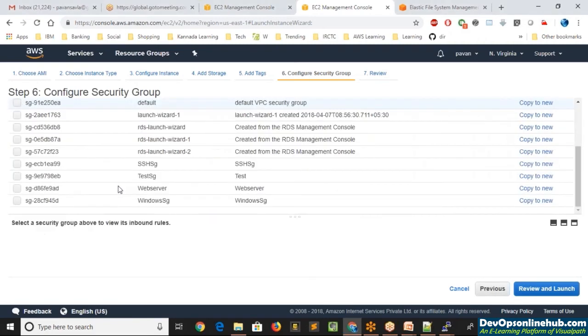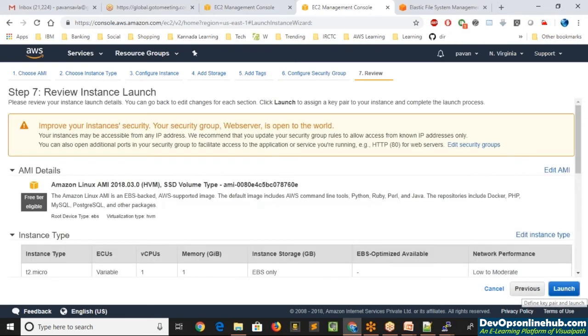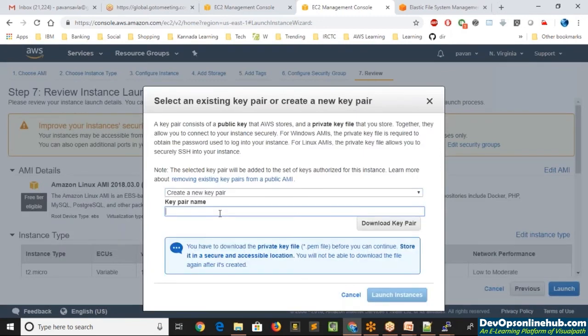So quickly we'll go ahead and launch the machine. I'm going to create a new key pair. Let's name it Virginia December 2018 and download this key pair.